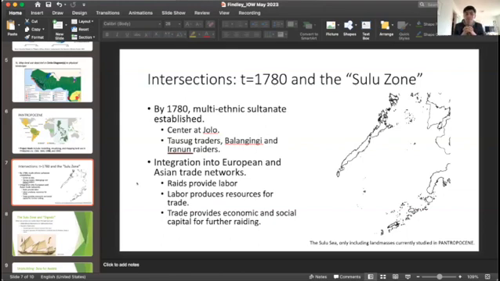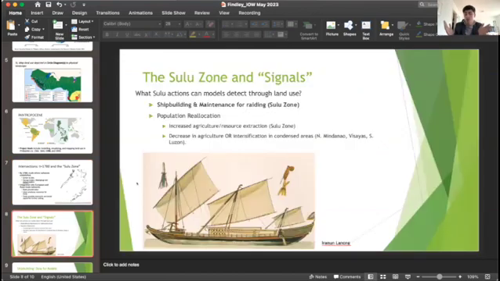But at that point, there comes a question of what these land use models, which are not designed to describe slavery or raiding, but ultimately will find signals of it, and where they might find them. And at that point, what we see is that from the Sulu zone, much like Professor Warren discussed with galleons, one of the constant signals we will see is shipbuilding and the maintenance of ships for raiding. In this instance,